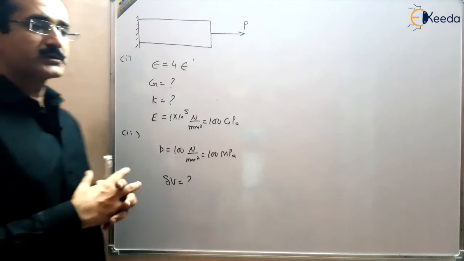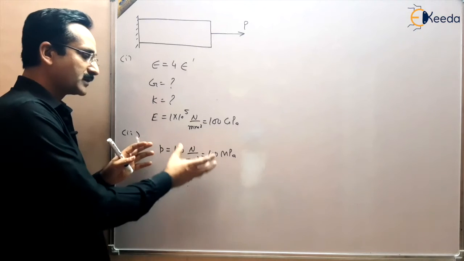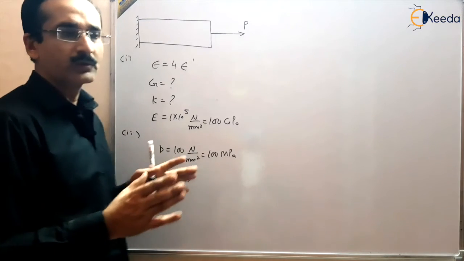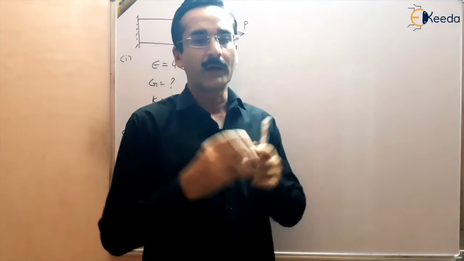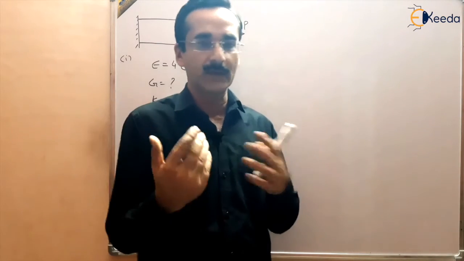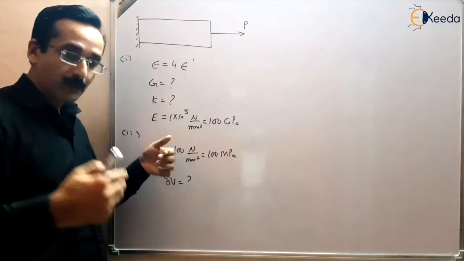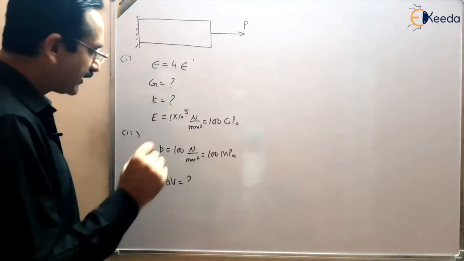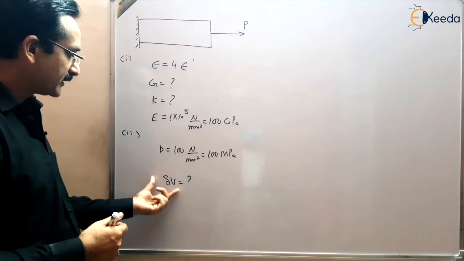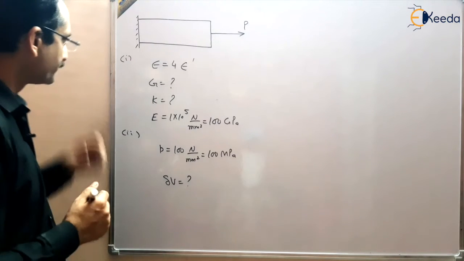In the second part of this question, it is saying that the bar is dipped in a certain fluid at which the hydrostatic pressure experienced by this bar is 100 megapascal. You know that because of Pascal's law, the hydrostatic pressure is equally compressive from all the directions. Means in x direction, y direction and z direction, the pressure will be equal. So this is the equal pressure in all directions and this is compressive, 100 megapascal. And we have to find out the change in volume due to this pressure. Definitely volume will decrease. So we have to find out the decrease in volume due to this hydrostatic pressure. So this is the question.